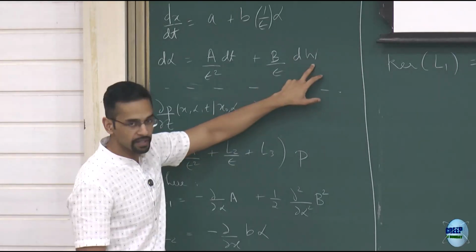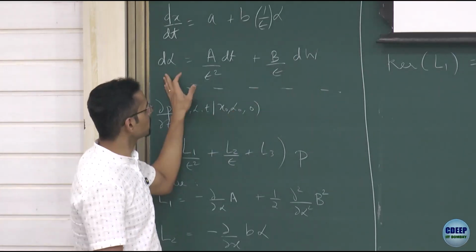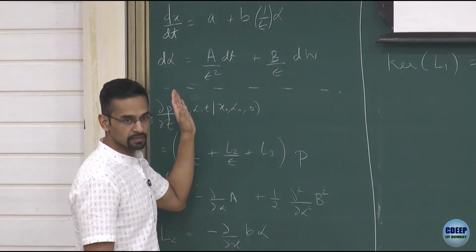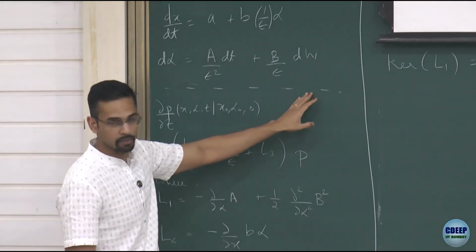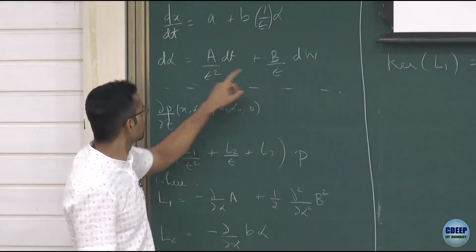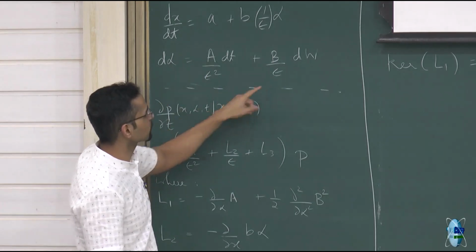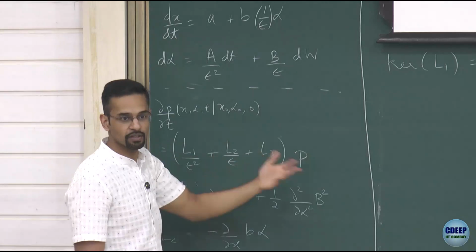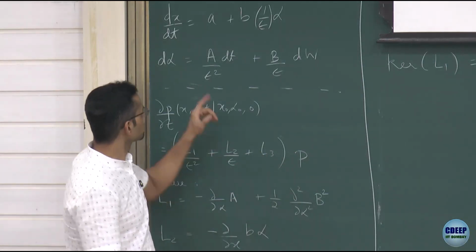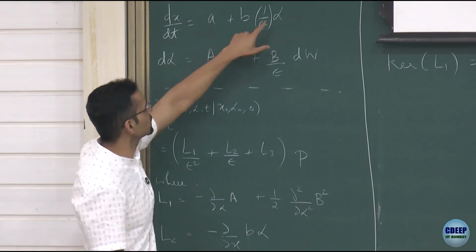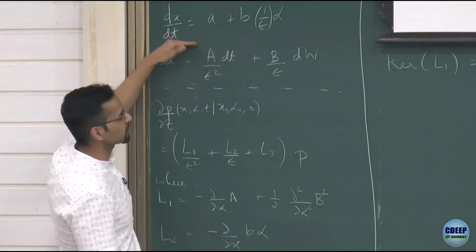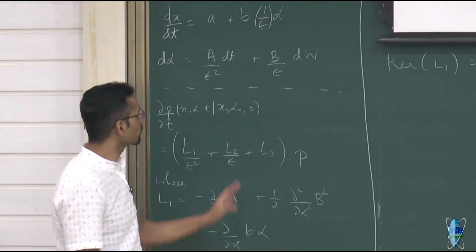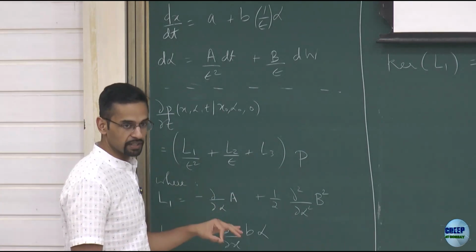Alpha then evolves with some drift, and is ultimately driven by some Wiener process, which is white in time. But because it has these other terms, alpha itself is correlated. So this is like a standard Ornstein-Uhlenbeck process. Even though the driving is white in time, the solution for alpha will be the stochastic integral of this, and because you're integrating over the white noise, the result will of course be correlated in time. So alpha itself is correlated, and alpha is being used in x. We could just solve x like a normal ODE once we integrate out alpha. There's no problem with this as long as epsilon is finite.